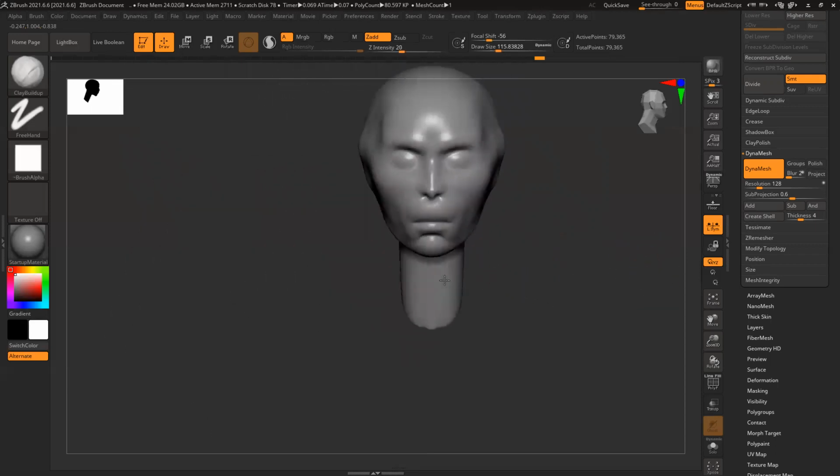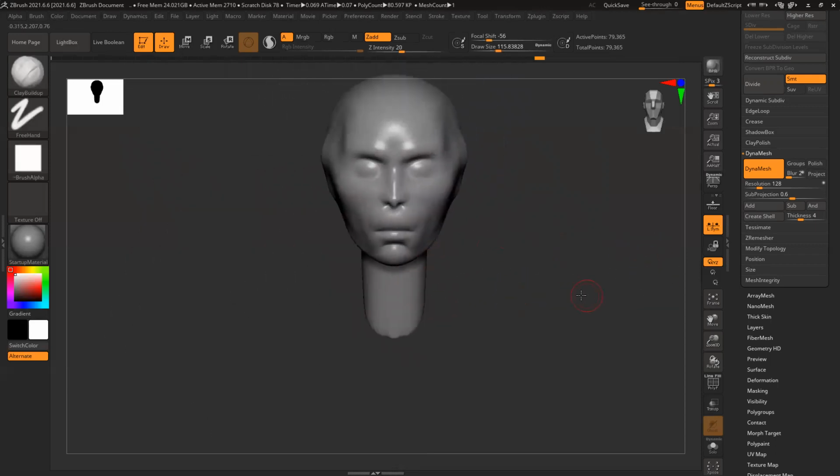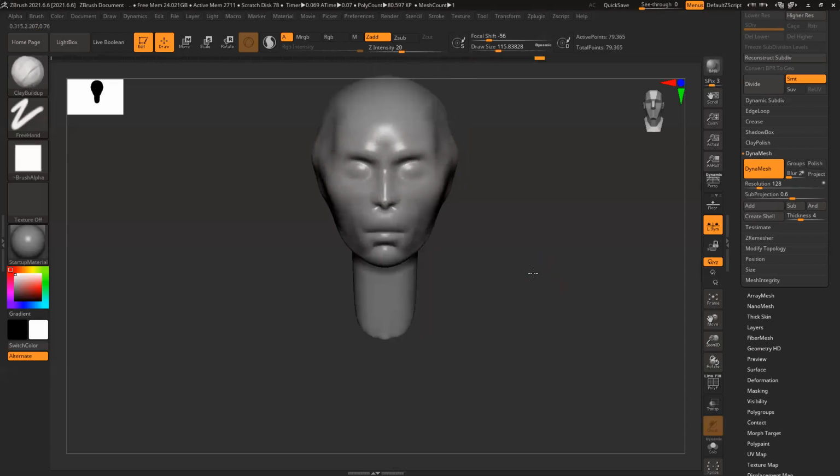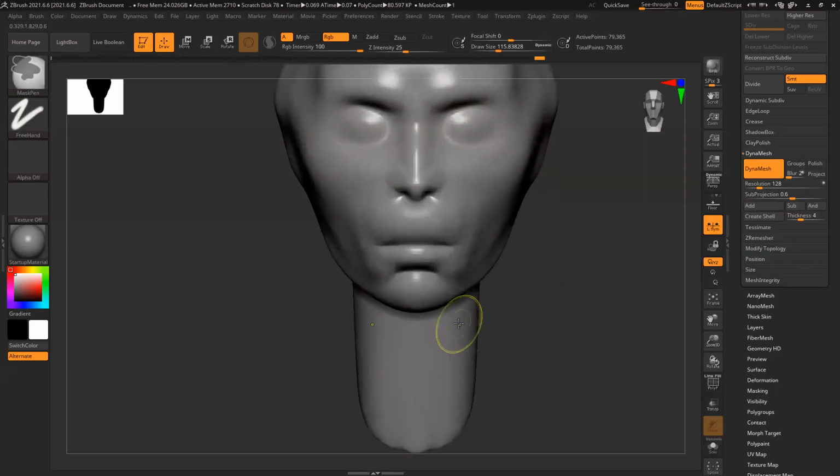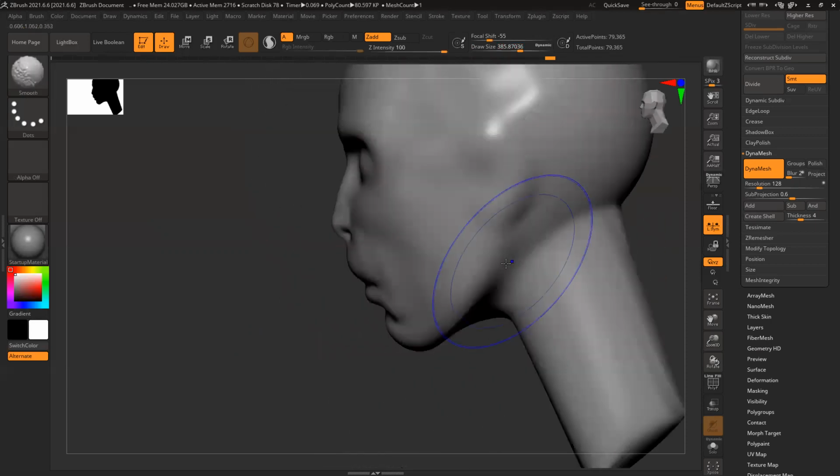Now, but still I can see that my neck is way too thin and my jaw is a little narrow. Men's is a little wide, female is a little narrow.